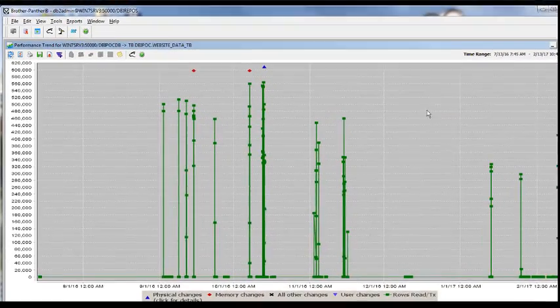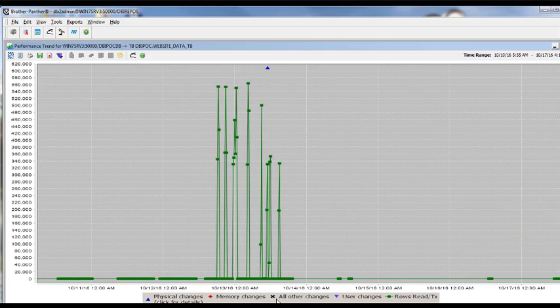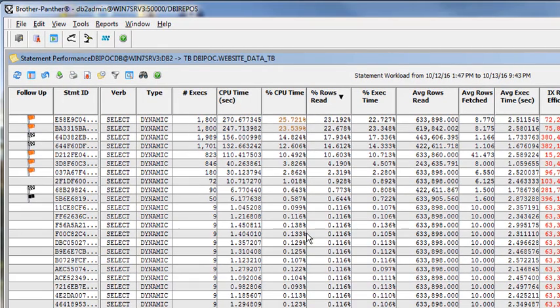You know what's interesting, a little thing about our trend charts? If you look at drilling in on any time window, we can see what's running at that point in time. So at that point in time, which is shown here, we can see all of the statements that were running during that time and their performance